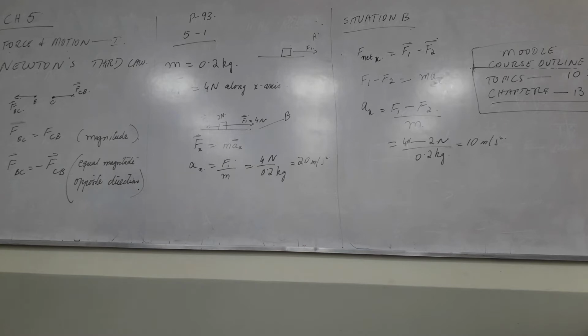Okay. Now we have to look at the third case. In the third case, there is another force. This is F3, and this force is applied at an angle of 30 degrees. Can you see it in the figure? In figure C and F, you can see a force going downwards, and this is a very small force, as it has a magnitude of 1 Newton. So, in this case,